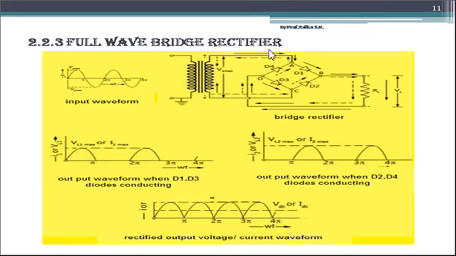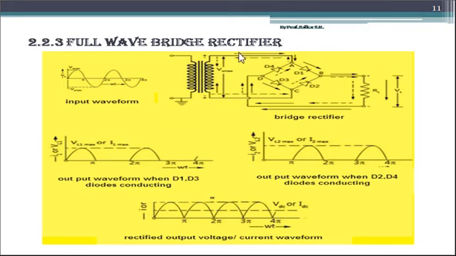So here you can see diode D1 and diode D3, which are anti-parallel to each other or opposite to each other, are connected in the same direction, that is P and N of the diode, or anode and cathode of the diode, are connected in the same way. Similarly, you can see diode D2 and diode D4 are anti-parallelly connected, meaning the anode and cathode of diode D2 and D4 are connected in the same way. So this type of connection forms a bridge connection, and that is why the rectifier is a bridge rectifier.